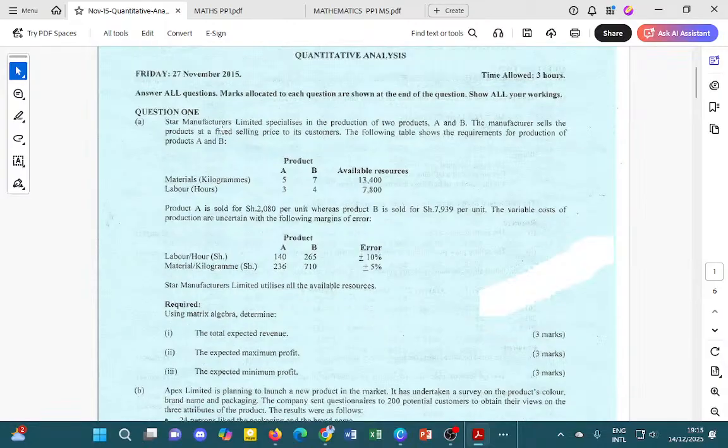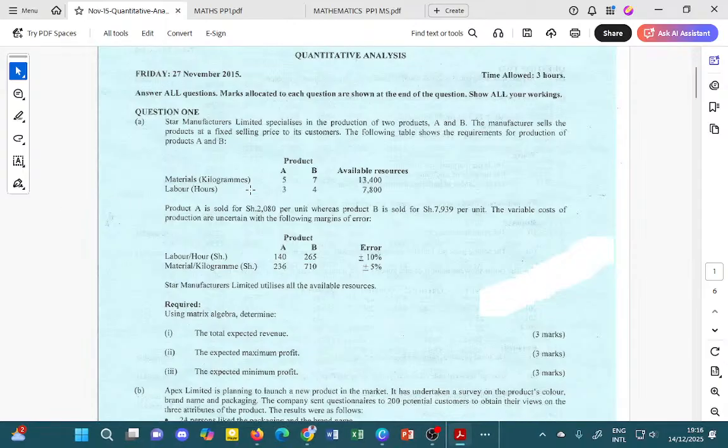And question 1A reads, Star Manufacturers Limited specializes in the production of two products, that is A and B. The manufacturer sells the products at a fixed selling price to its customers. The following table shows the requirements for production of products A and B. Now we see that